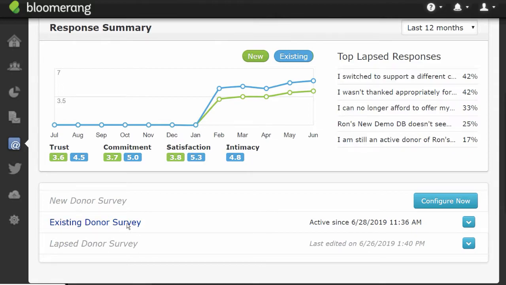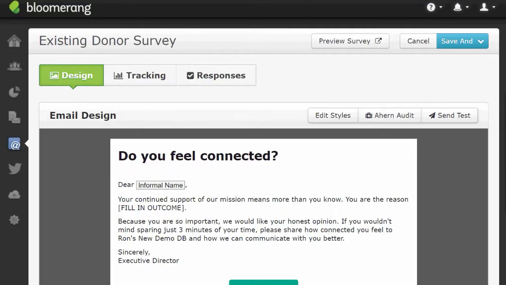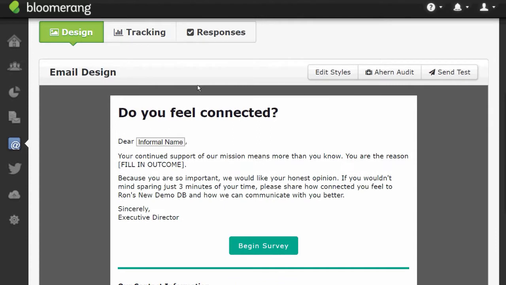When we click on that, we'll see the language is slightly different. Now, this is something that's going to go out, again, 2 to 15 days after every existing donor makes a second gift. It's not going to go out any more than once every 6 months. So people who give a monthly gift, or they're really, really regular, and they give you maybe once,